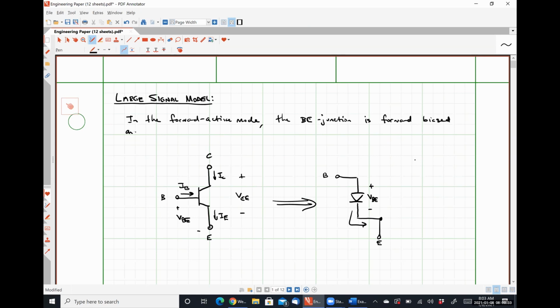We also know that the collector current depends only on the base emitter voltage VBE. So we have a current that depends on a voltage. So that means we are going to put between the collector and the emitter